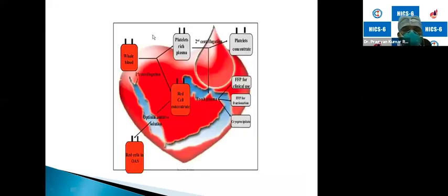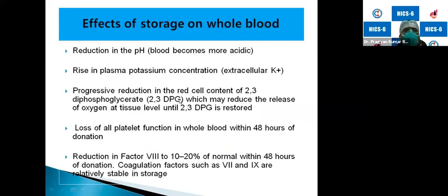So this is the picture, whole blood. We divide it into platelet-rich plasma, then RBC concentrate. Platelet-rich plasma can be divided into platelets, FFP, cryoprecipitate, and PRBC can be considered packed cell. Of course, we do collect blood, we store blood, and we give blood to any needy person. But storing of whole blood carries its own risk.